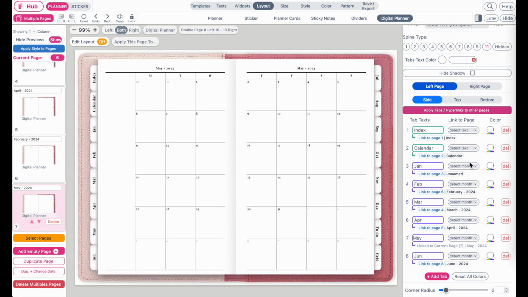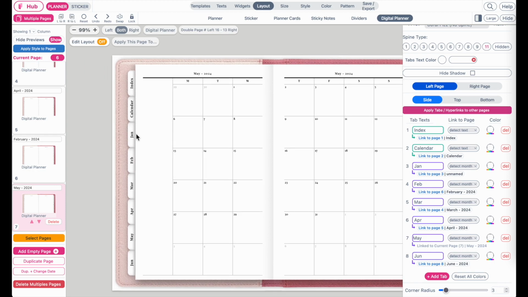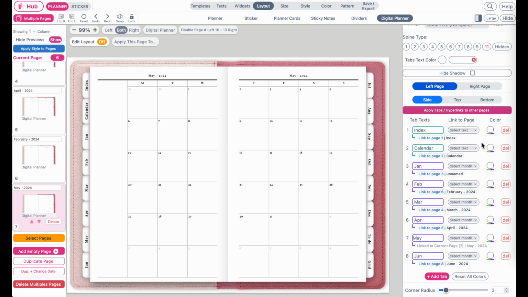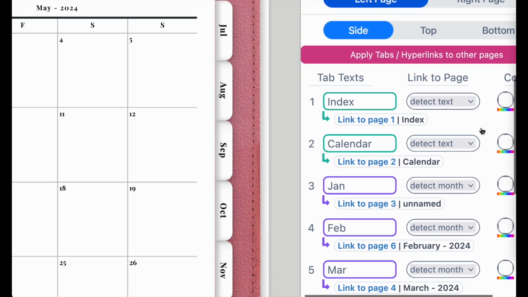Hi friends, we have a new feature called auto linking or automatic linking, which means you can work on your digital planner from start to finish and it will automatically link the pages to the tabs you have set here in the menu. So for example, you can have tabs like you see here with the index, calendar, January until December, to do and grid, and then on the right side it will show you to which page it has